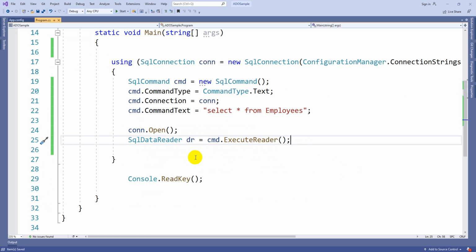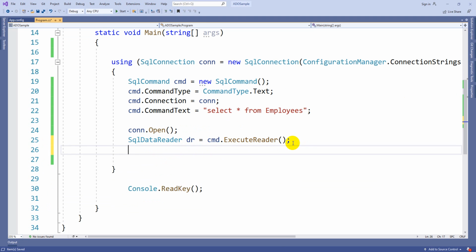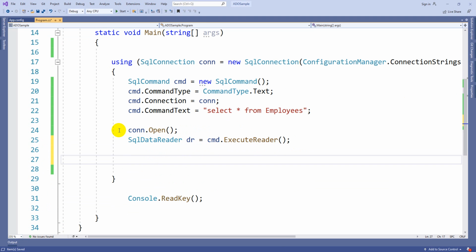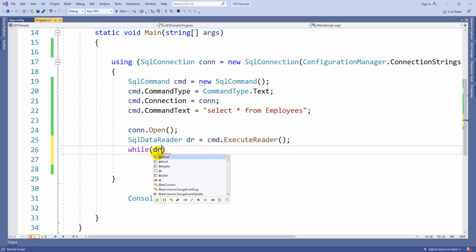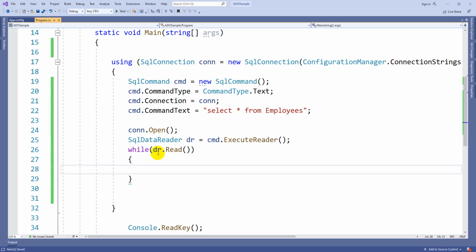So this reader is going to read one record from this command cmd. You should not close this connection till the time you complete this loop. So while dr.read, till the time this data reader can read all the records from this cmd, this while loop will be helpful for us. So here you can print the data in this format.